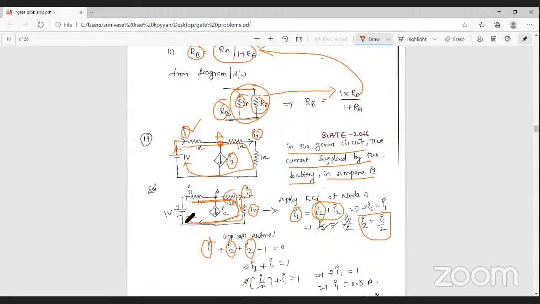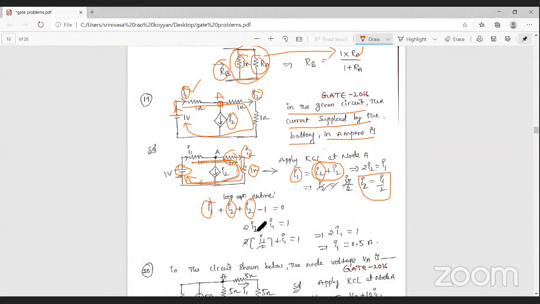Again the current is entering into the source. What is the source terminal here? The negative. What is the voltage here? 1 volt, equal to 0. From this network you can find 2I2 plus I1 is equal to 1. But here I2 is equal to I1 by 2. Substitute it here, then you can get the current value I1. Okay,